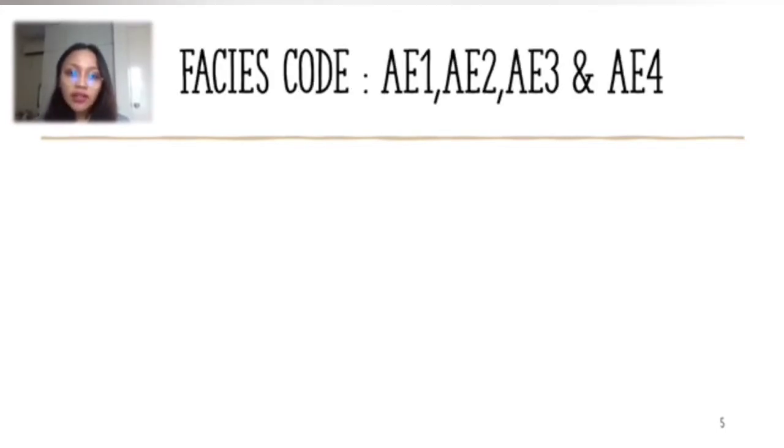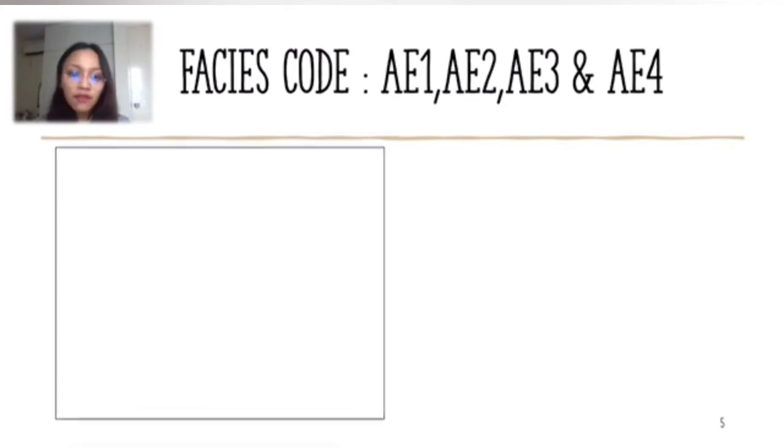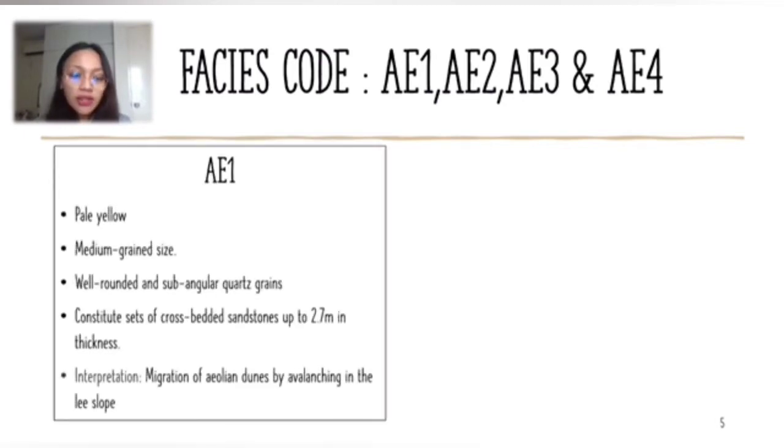So in these phases, there are 4 main phases, consisting of AE1, AE2, AE3, and AE4. The first one is AE1. AE1 is pale yellow in color, with medium grain size, well-rounded and subangular quartz grains, and constitutes sets of cross-bedded sandstones up to 2.7 meters in thickness. It is due to the migration of Aeolian dunes by avalanching in the